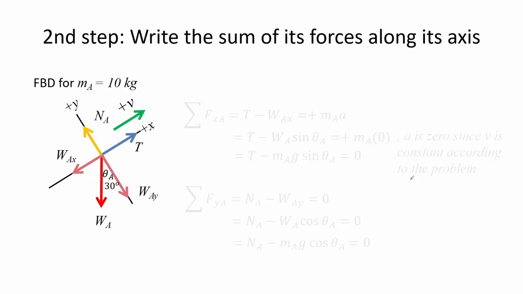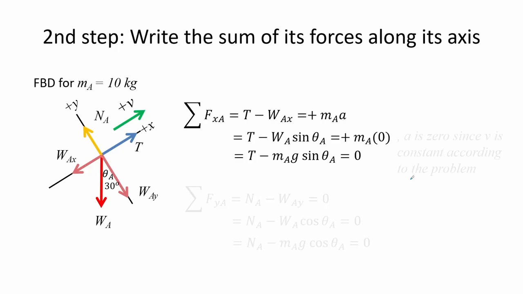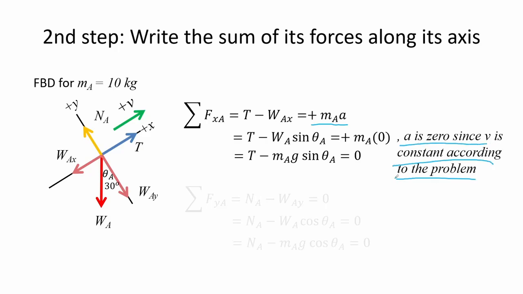The next step is to write the sum of forces along each axis. For mass A, the forces along x are the positive tension minus the weight component along x equals mass A times acceleration. Note that the speed v is constant according to the problem, so the acceleration, which is the rate of change of velocity over time, must be equal to 0. So the sum of forces along the x-axis is simply tension minus mass A times g sine of angle theta A